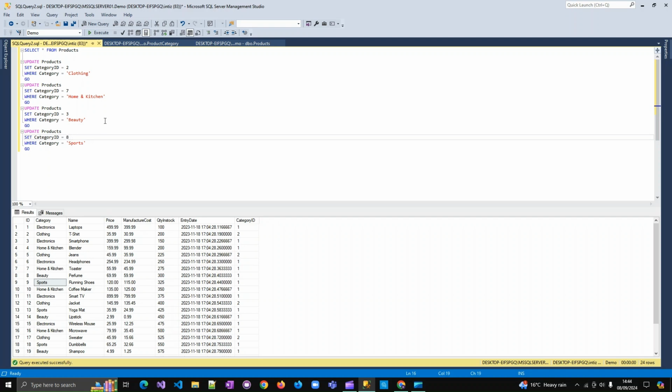That is just to give you an idea that you can use the update statement in this manner as well. So you've got update products set category ID equals the category ID. In this case, clothing is 2. Update products again, category 7, where category is equal to home and kitchen. So you can update more than one record in our table based on your where clause. So if I run this